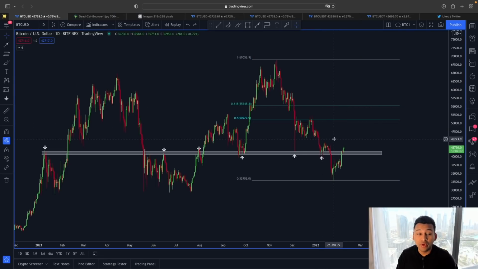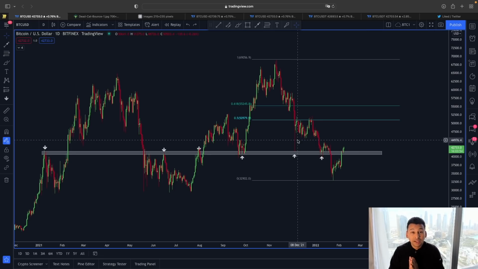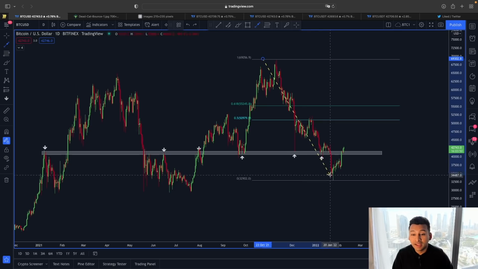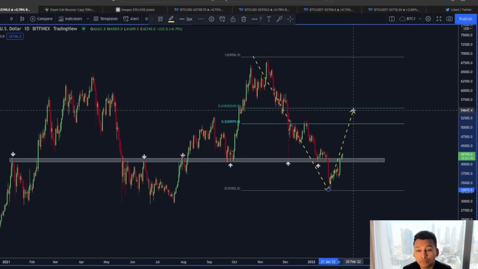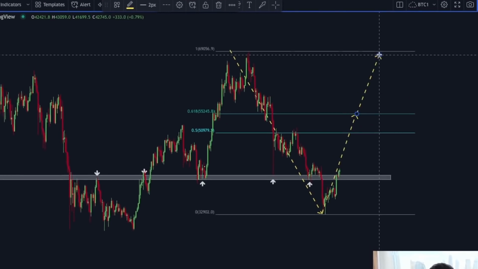Because right now we are well aware the price of Bitcoin has broken the resistance. This one very important line of resistance around the 40 to 41,000 range, and we are hovering around this 42,000 price area. But is this a confirmation that we are going to see this dead cat bounce type of scenario, where the price of Bitcoin is going to retrace at least towards this 0.5 to 0.618 Fibonacci line before choosing